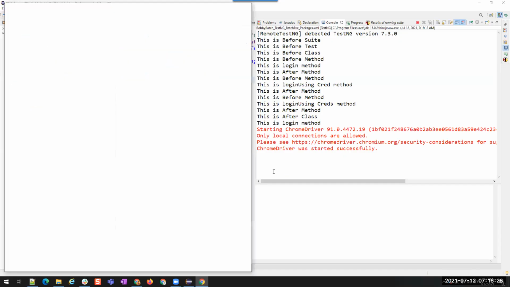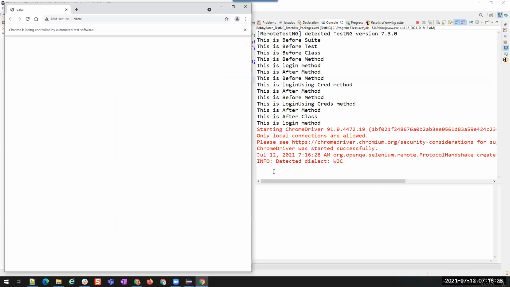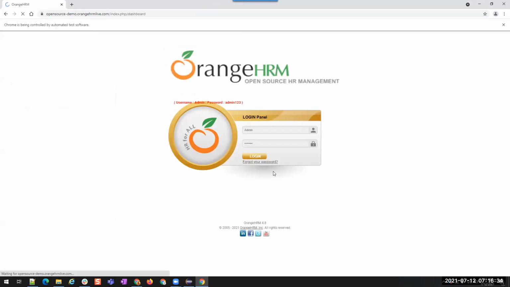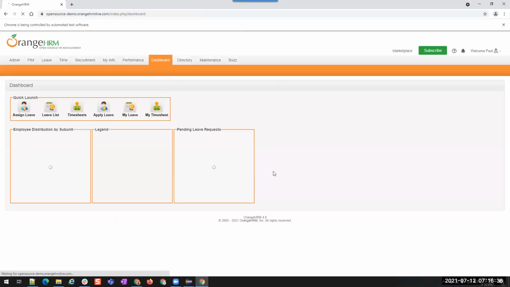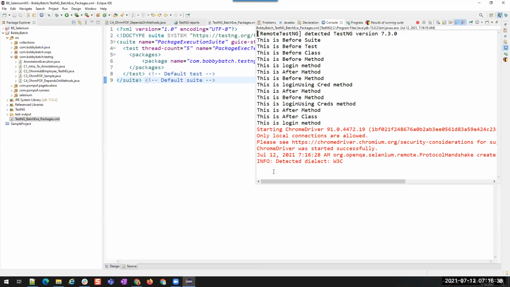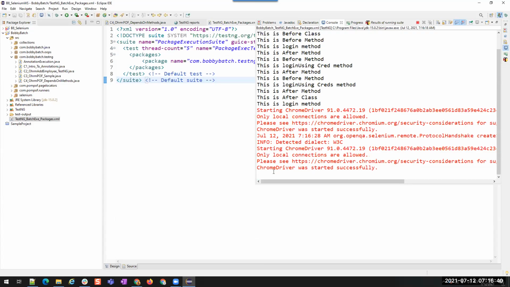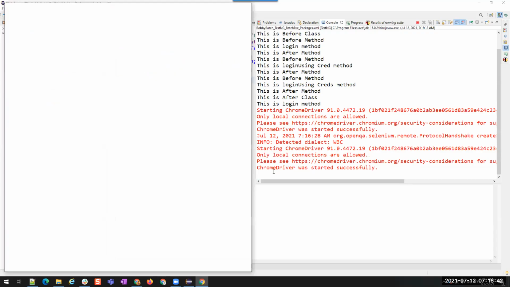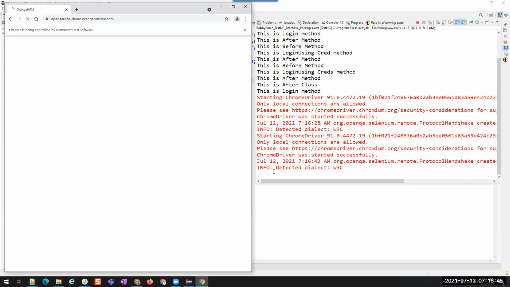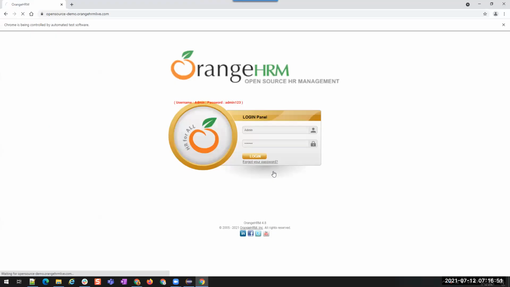See, it started execution. After the execution, you can see in the report what are all the classes that got executed. I think this is the third class.